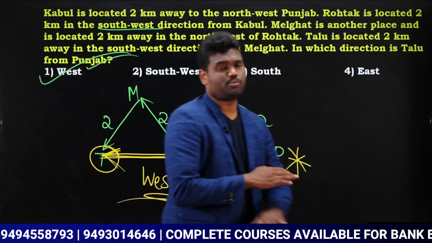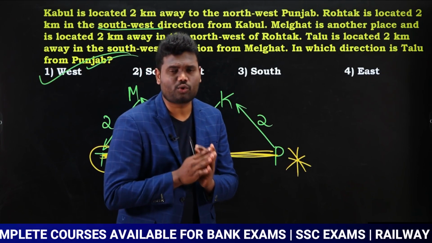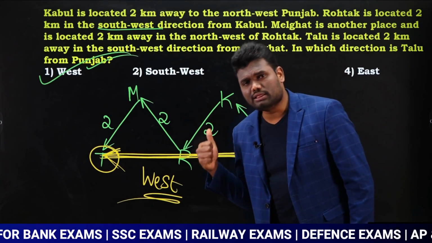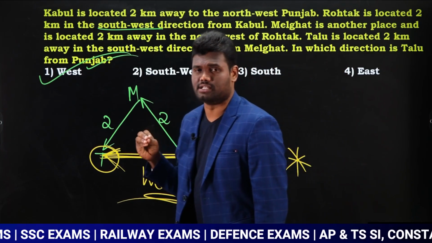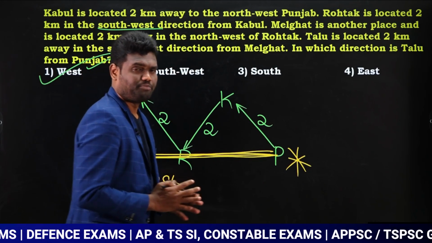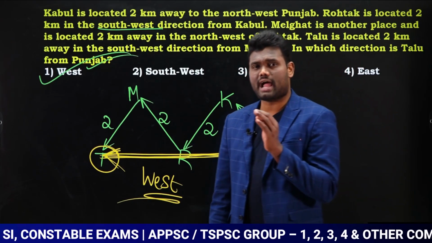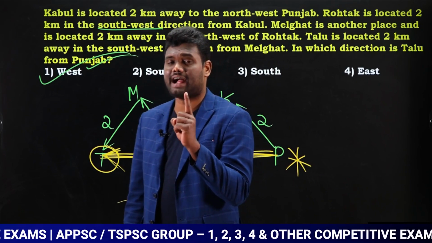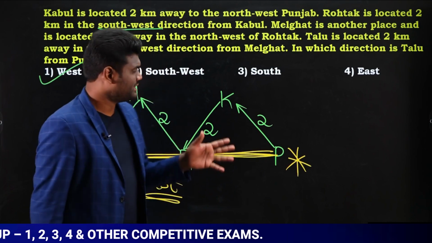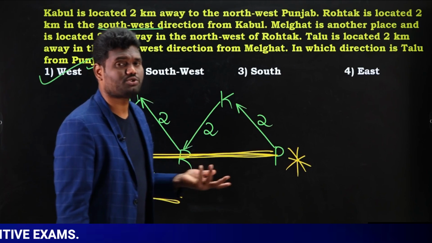Okay? With this, the model is completed. This model is very easy. It is just a matter of understanding the question. Once you are able to understand the question, you can solve all the questions with respect to this model very easily. But you need to represent the diagram carefully. Representing the diagram is very important. While representing the diagram, you need to have a basic idea about the directions, whatever we have discussed in our introduction class. Once we have a proper idea about the basics, representing them will automatically be very simple. Once you are able to represent, solving questions also will be very simple.